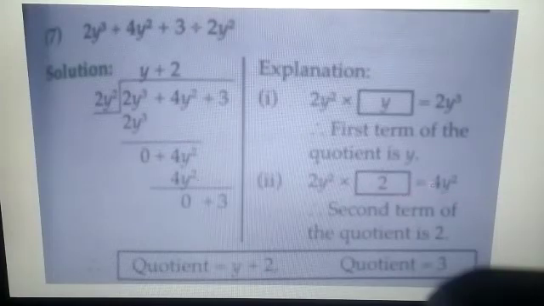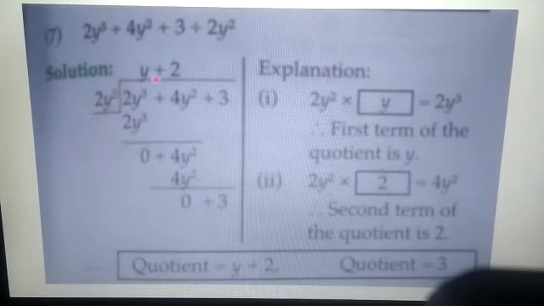So 2 2s are 4 and y square is already here. So the second term of the quotient is 2. So here we will write 2. We get 4y square now. Now subtract. 4y square minus 4y square gets cancelled and we get 0. Now what is left here? 3 is left. Okay. Now here the variable is not present, only the constant term is present. So the division of this polynomial by 2y square ends now, because the variable is absent and its power is less than that of 2y square.